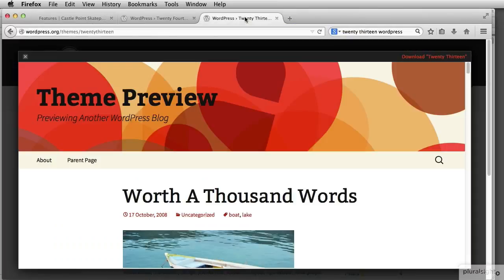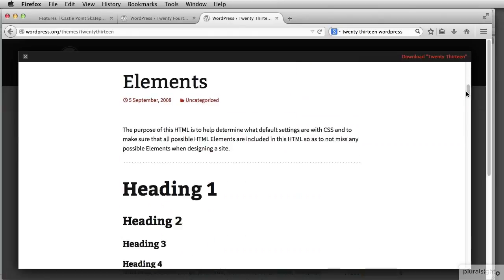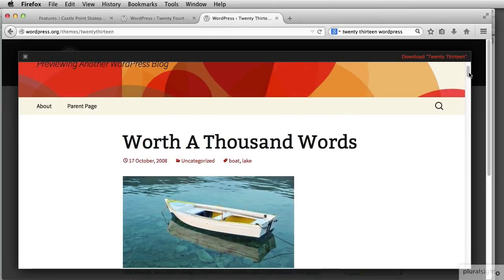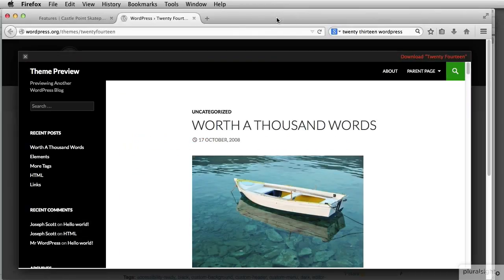Well, the 2013 theme is more of a blog theme. It's very straightforward, centered text. 2014, they tout as a magazine theme. It uses a lot of imagery. It's very sleek and modern, but I don't think it works as well as a base theme to learn how